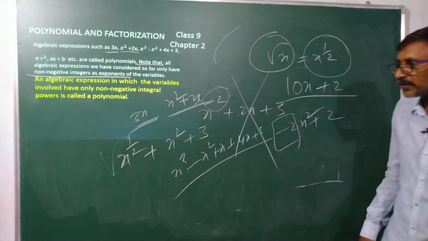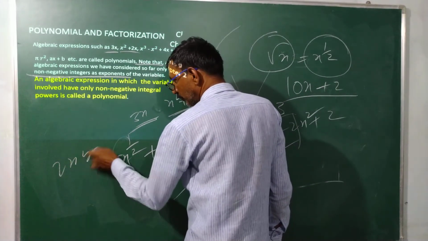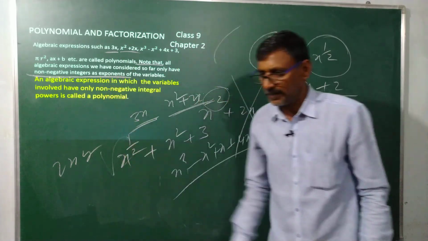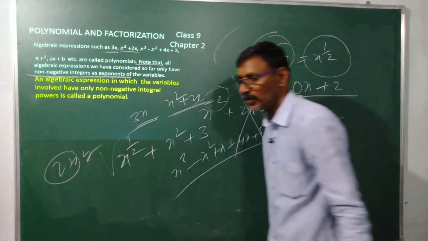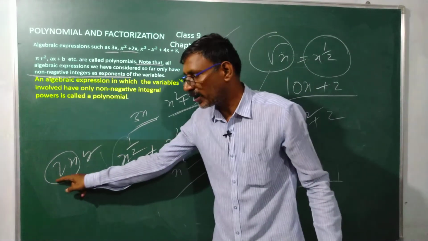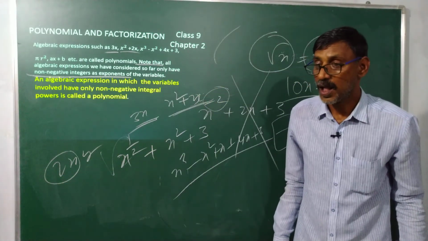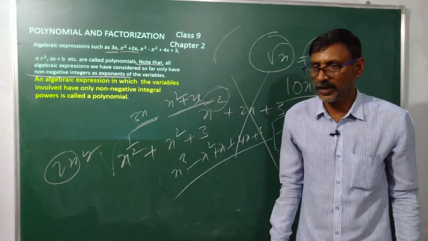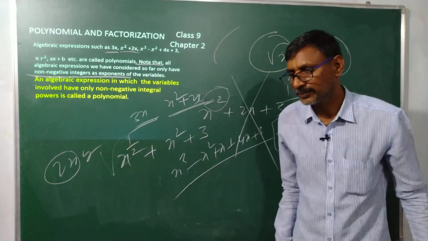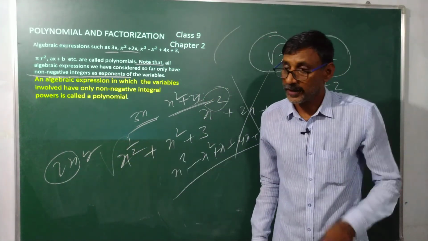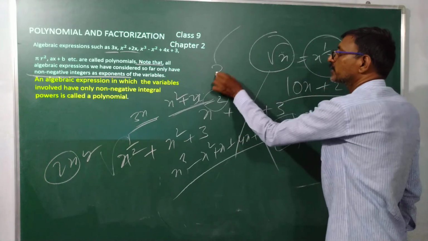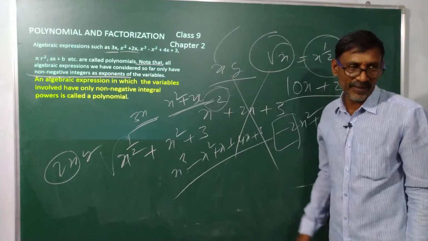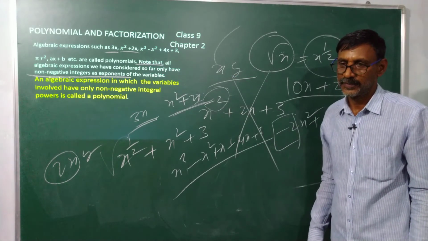We can find two types of coefficients. For example, 2x, what is the coefficient of y? What is the coefficient of y? 2x is the coefficient of y. This is variable, this is constant. If I take only 2y, it is a variable. What is the constant? 2. 2 is the constant. We can find two types of constants. Let us suppose I take just xy. What is the coefficient of y? x. What is the coefficient of x? y. Am I clear or not?